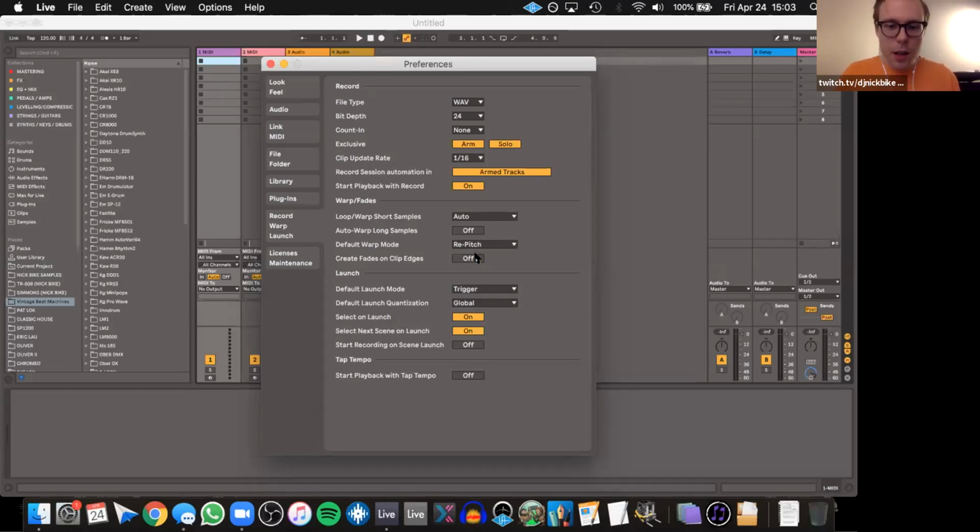Creating fades on clip edges, always have that off. And the reason is because when you make a split in a clip, when you have this on, it's going to create a tiny little fade, like it says, which is good when you're cutting and pasting clips together. It's going to crossfade those to eliminate clicks, which is good, but more often than not, I find people forget,